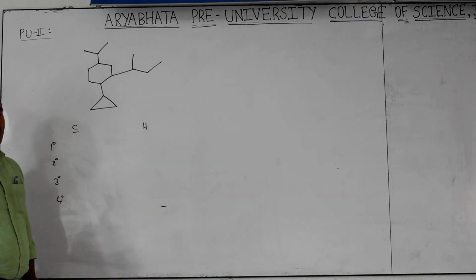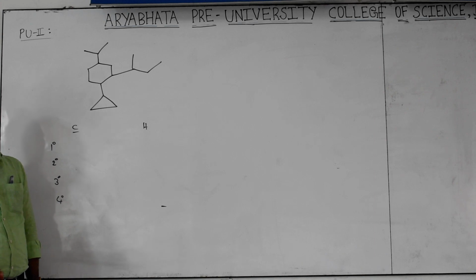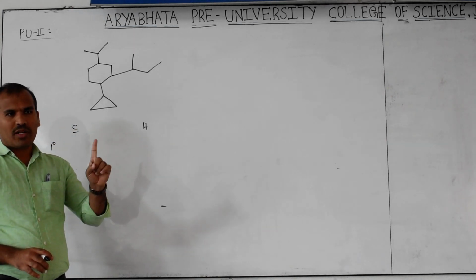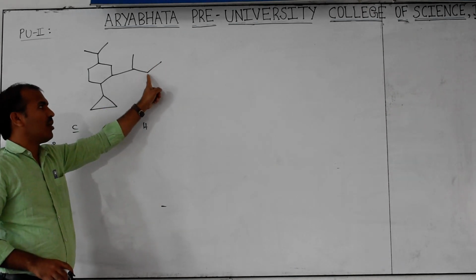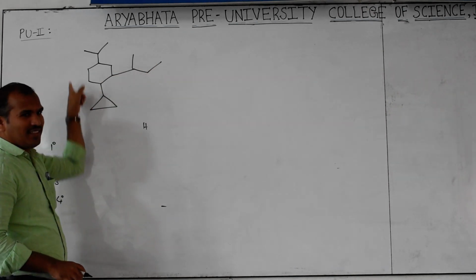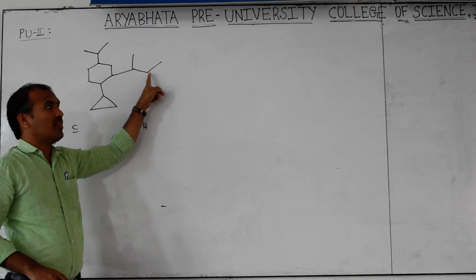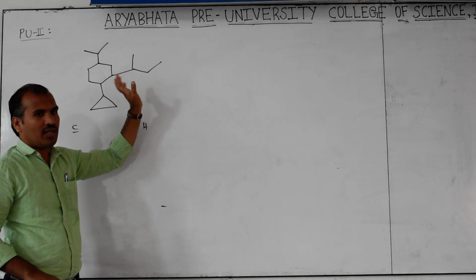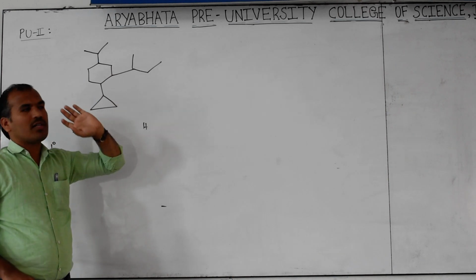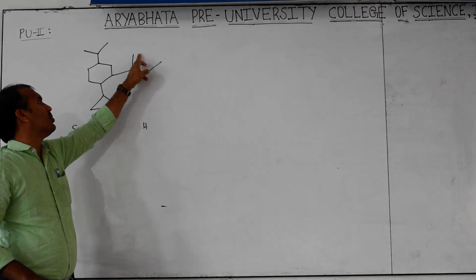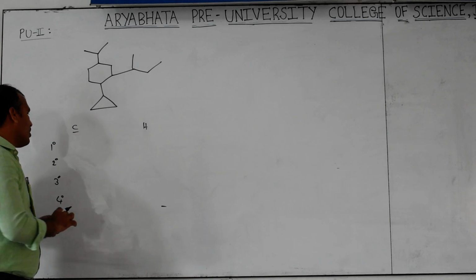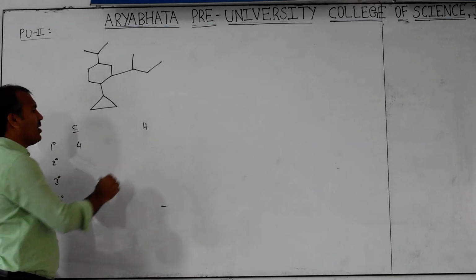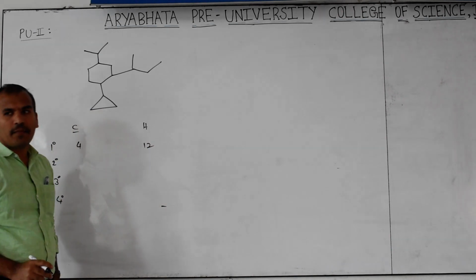Come on, find the primary carbon. Primary carbon meaning what is that? The carbon which is directly bonded to one carbon. This carbon is directly bonded to one carbon. Don't count all this, only directly bonded. This carbon is not directly bonded with this carbon; one more bond is there between them. So only directly bonded we have to consider. So 1, 2, 3, 4. Then 4 into 3, 12. Then 12 primary hydrogens are there.